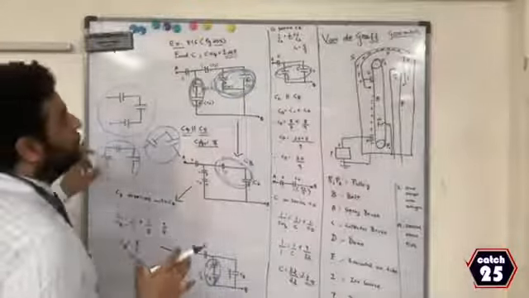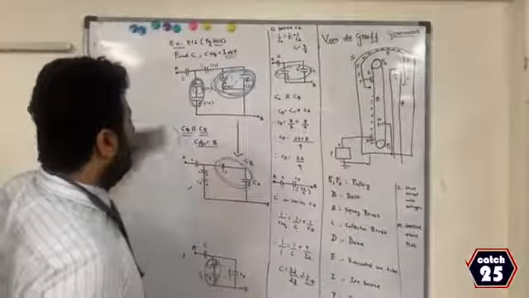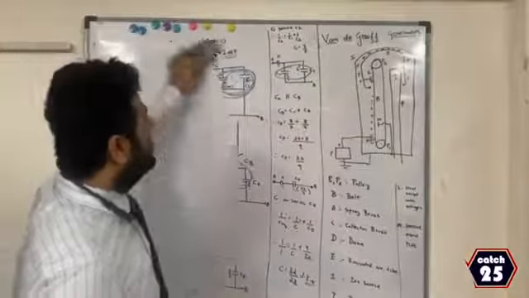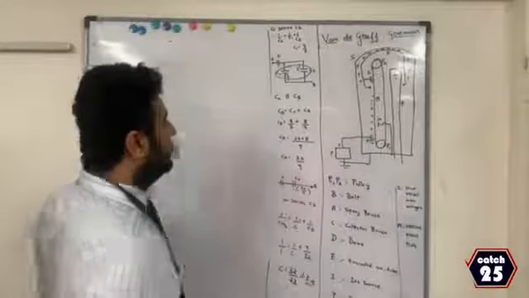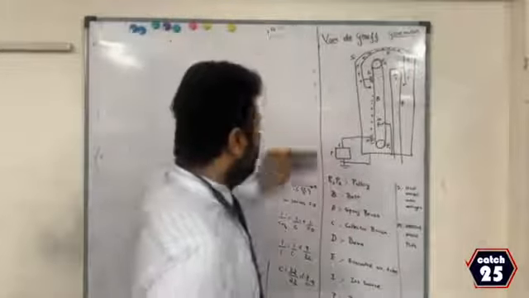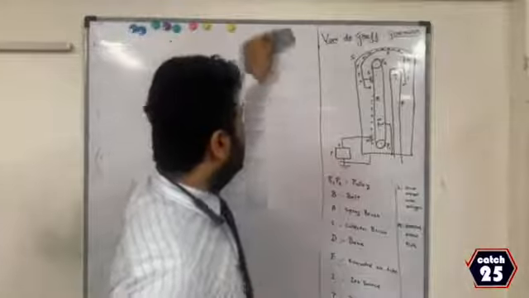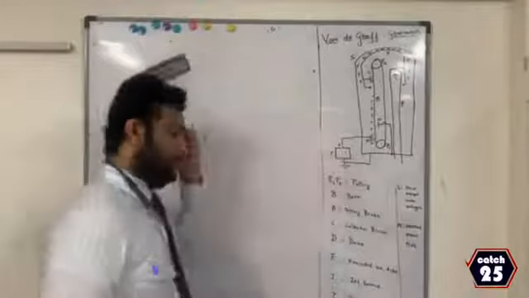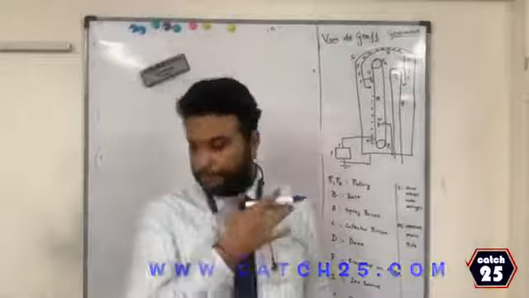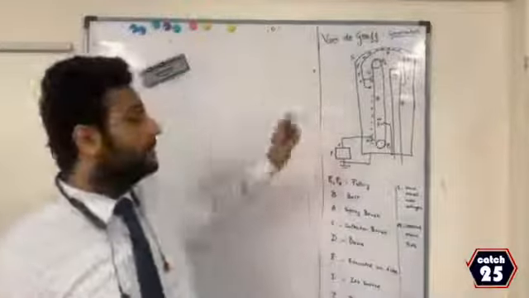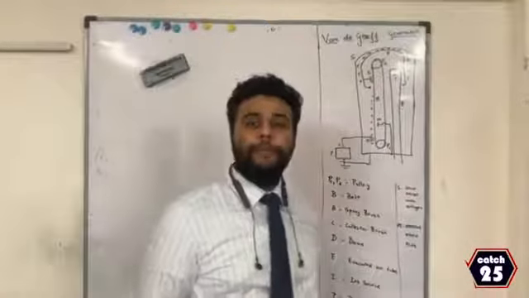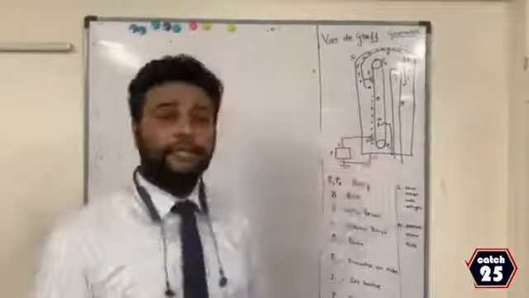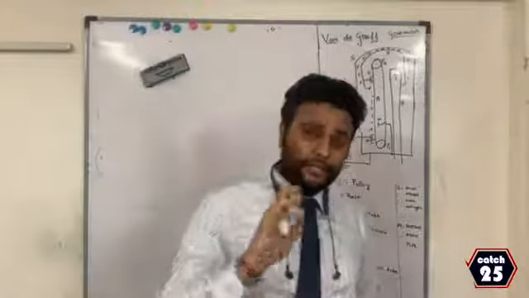So these two questions, 8.15 and 8.16, are based on capacitance. In the textbook they have given the answer directly, but I have shown you how it is, circuit by circuit. Now, the next topic which I was saying is the last topic in your textbook, which is Van der Graaf generator. It is the last topic in your textbook.